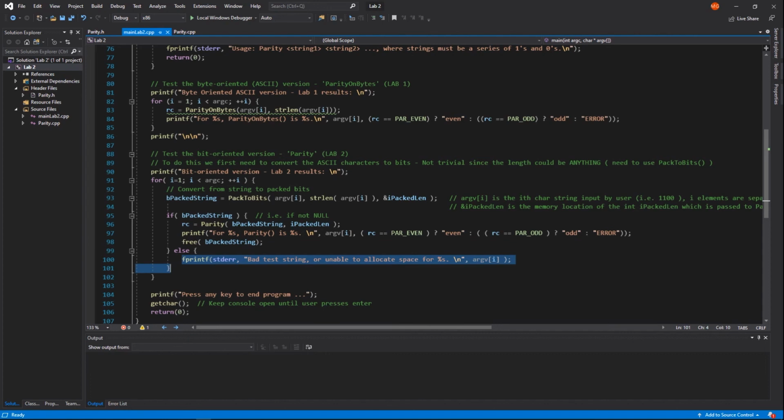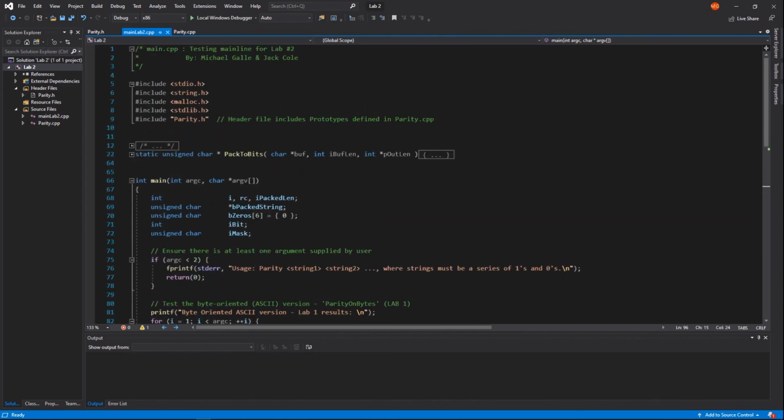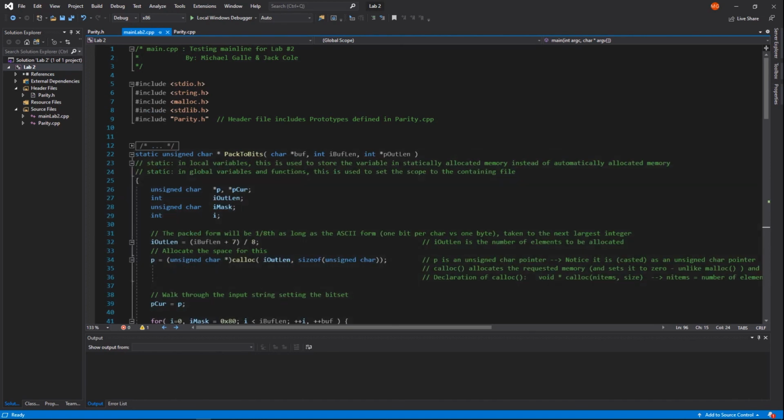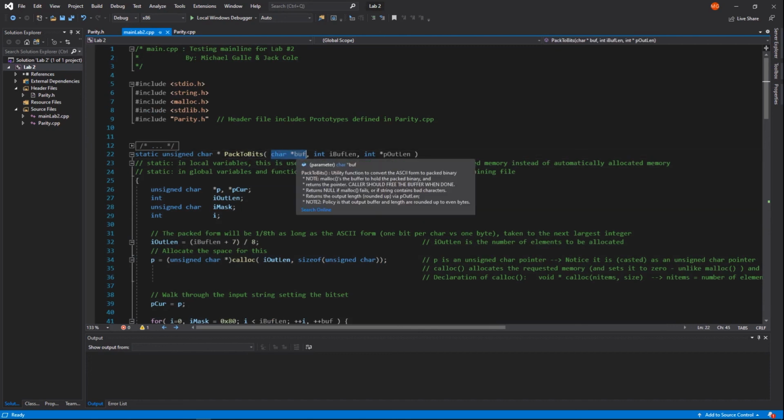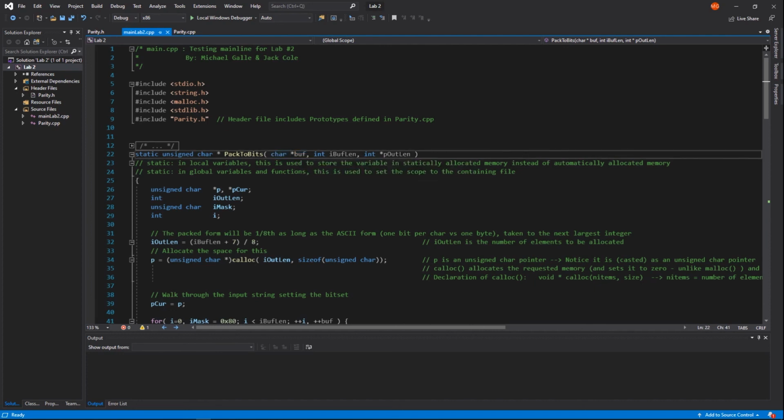So really, what do we need to understand? Well, we need to understand this in order to really be able to write this. So let's go up and look at pack to bits. How does pack to bits work? You give it a character array, the character array that came from the command line, buff. This has a length, a length of characters, and this poutlen is for when you convert, let's say you had 8 characters, that's